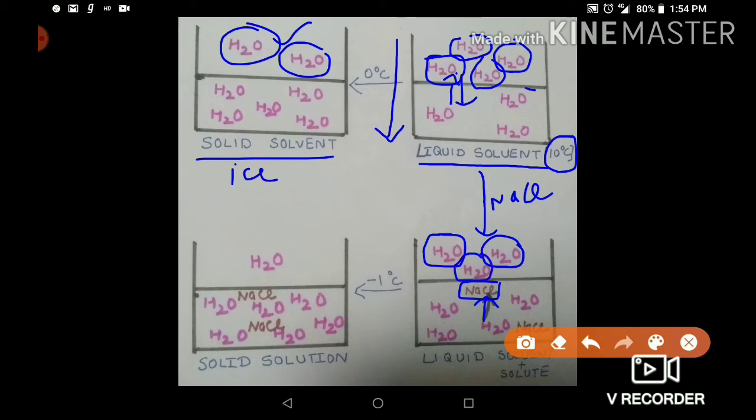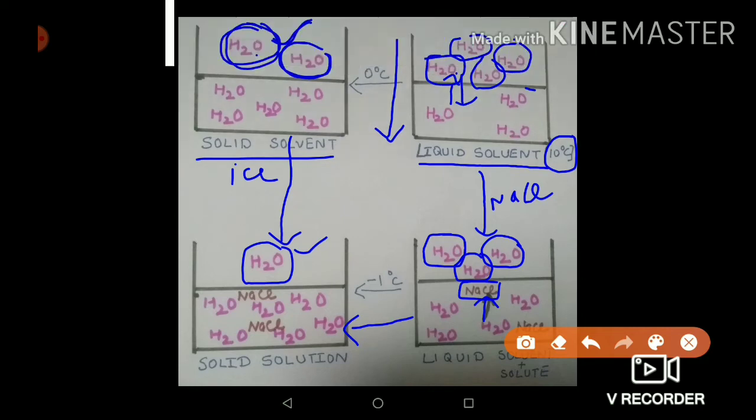Similarly, if we take the solid solution of the same thing, if the solid solvent has two vapors, in the solid solution also the vapor pressure will decrease. So in my hypothetical example, instead of two vapors, now I have one vapor for the solid solution. Now if I change to two vapors, the temperature is 0 degrees Celsius.